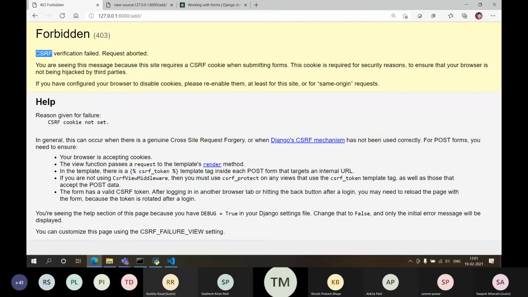Now, as I told you, Django has many things pre-implemented. This CSRF is nothing but cross-site request forgery. Okay, what is cross-site request forgery? Suppose I am logged into some internet banking, and I want to transfer some funds.